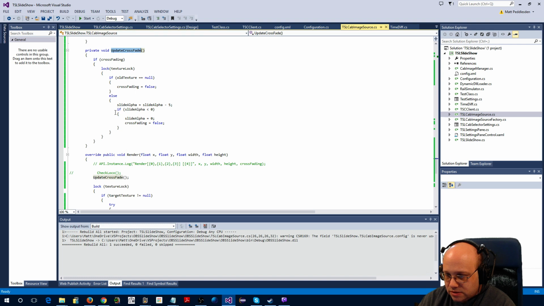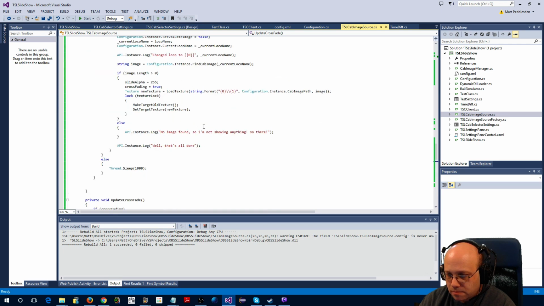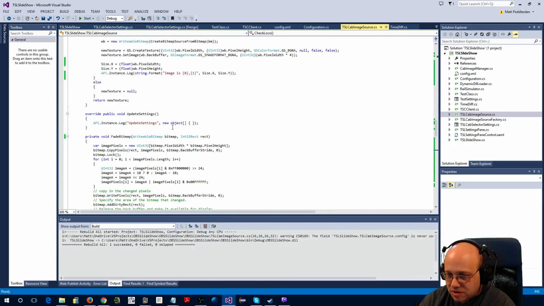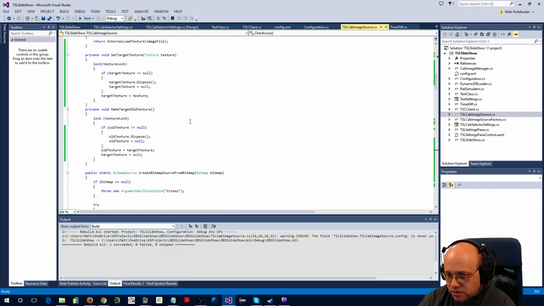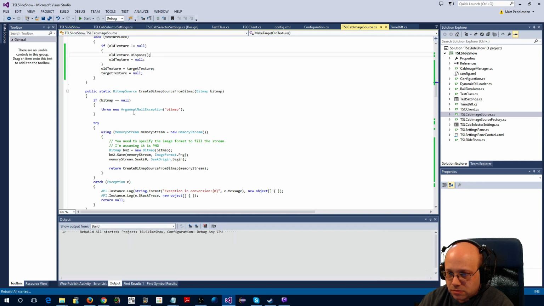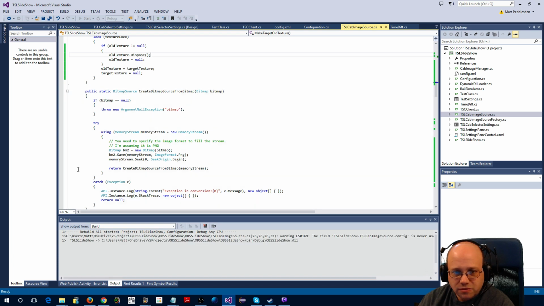So update crossfade, checks old texture. Am I actually using them separately at all? No. No, they only get used in this instance here. I mean, I could get rid of the locks from inside, but then that doesn't feel right because these must have the lock there. So not locking means I'll be relying on something calling this call to know it must lock, which seems likely to go wrong in the future. I don't think having multiple nested locks of the same thing has had any particular performance overhead. So